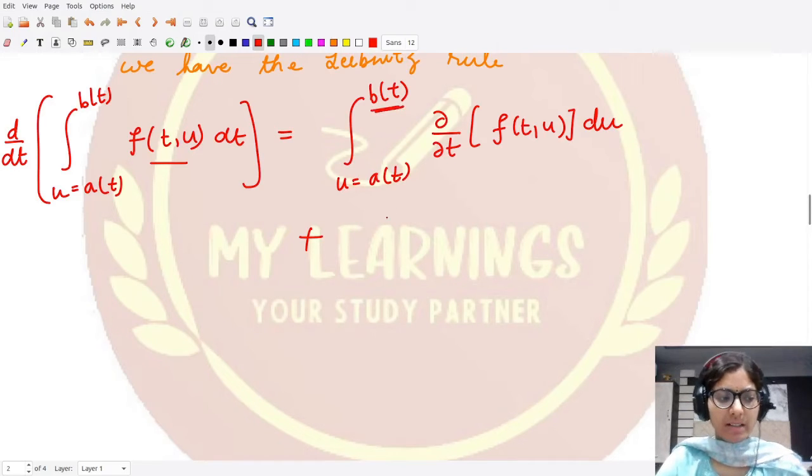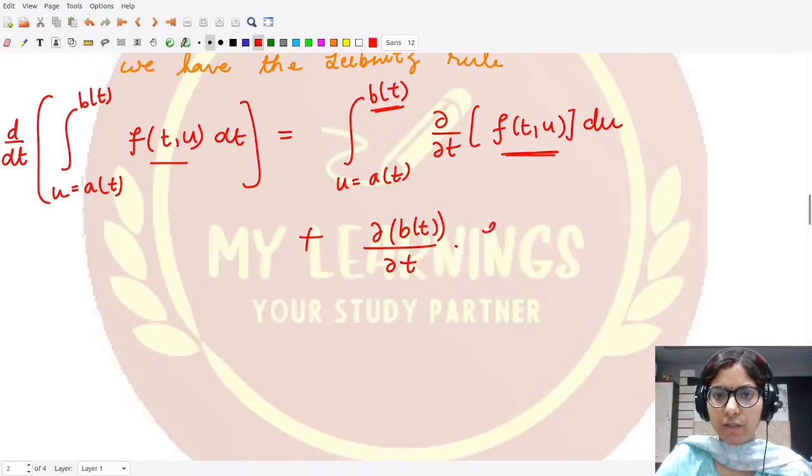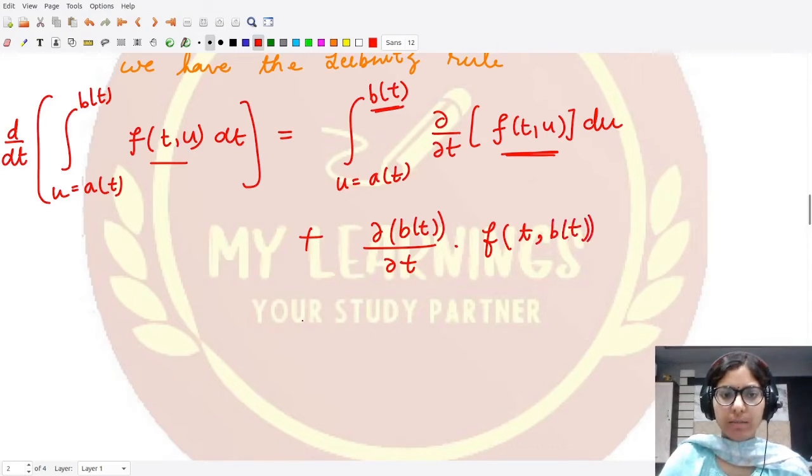That is the derivative of b of t with respect to t, and the function as such, where in place of the variable we now write the upper limit, so it would be equal to t, and in place of u we write the upper limit b of t, and minus